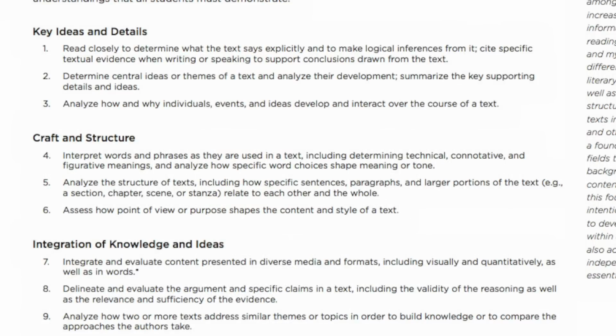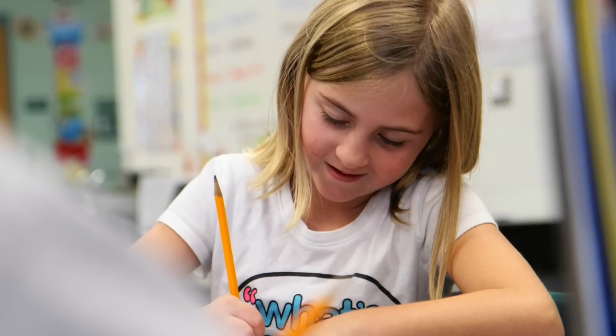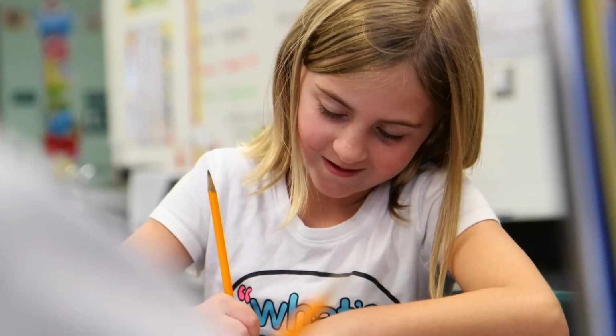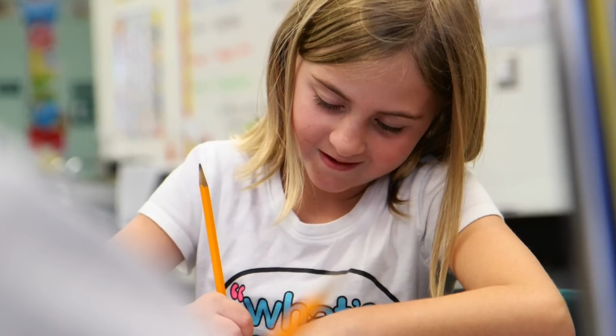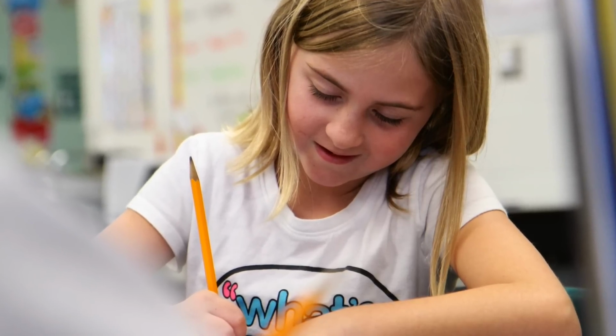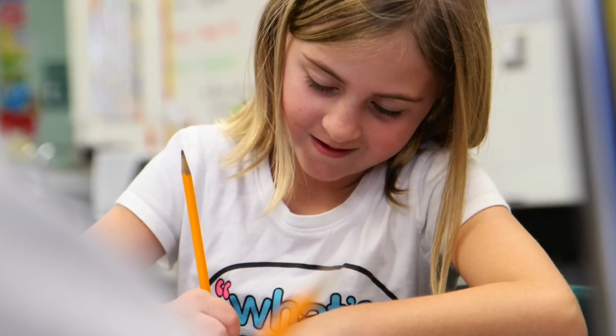Thinking of these production and distribution standards, we want to connect back to that reading strand and really think about those craft and structure standards. So standards 4, 5, and 6 in reading under craft and structure ask students to really be reading with an author's eye, or really be considering the choices an author has made in order to communicate their message. In writing, we'll ask the students to take the seat as the writer and really be making those thoughtful choices